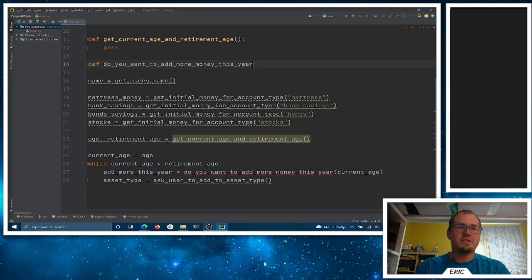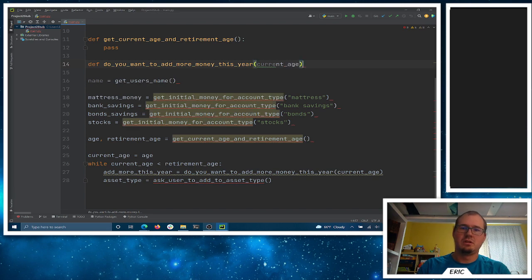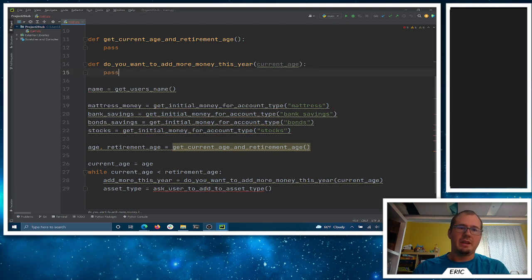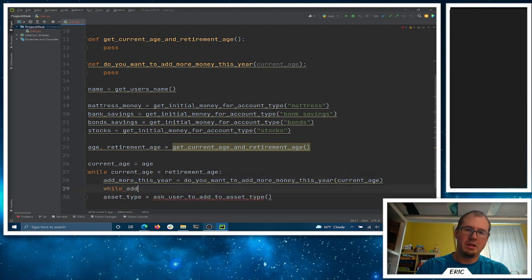Again, you can call these functions anything you want. Totally up to us here. So we'll have current age. Again, pass, we'll figure that out. It's probably going to return a yes or no sort of thing. And then we can say while add more this year is equal to a yes, then